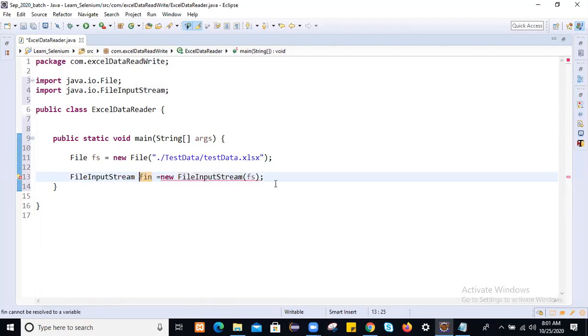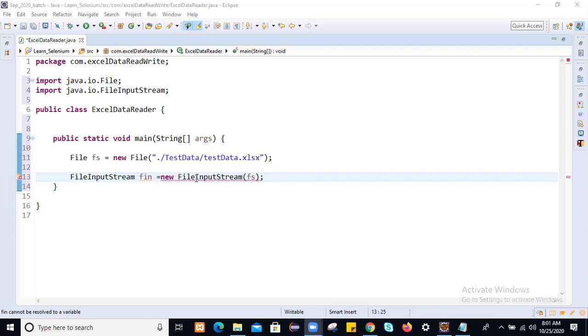Whenever you interact with any file, there is a chance that the file is not present. So the compiler, in advance, throws an error during compilation time. This is a compilation time error. The compiler is giving information that there might be a chance the file is not available in the working directory or whatever location you specified here. So can you please handle this exception? What is the exception? FileNotFoundException.